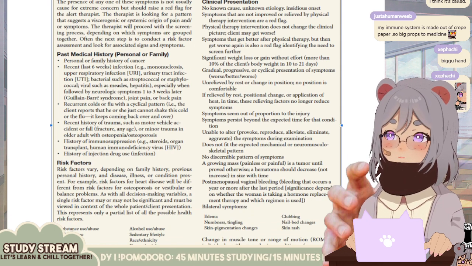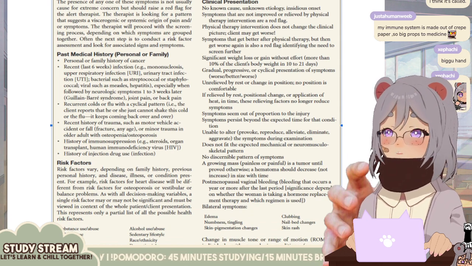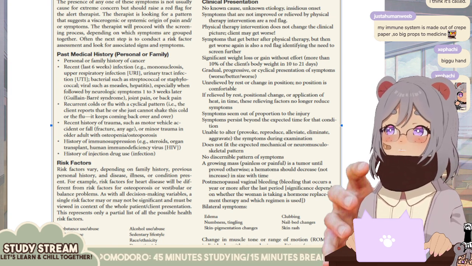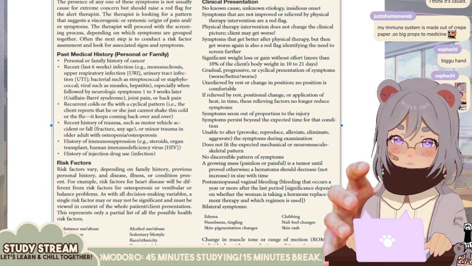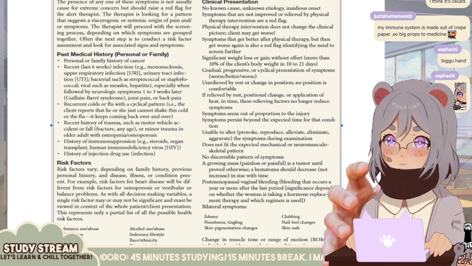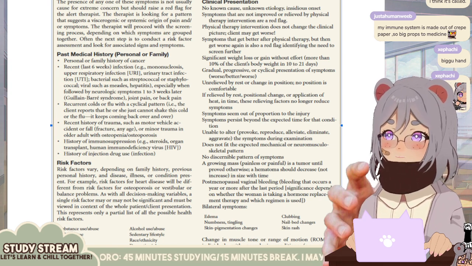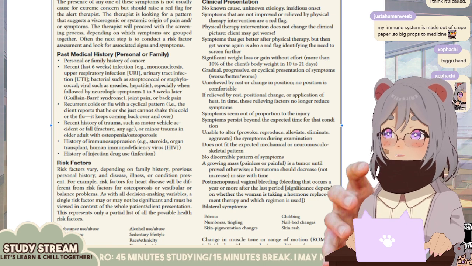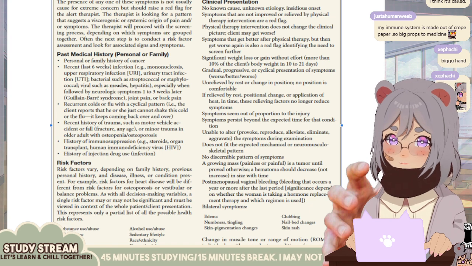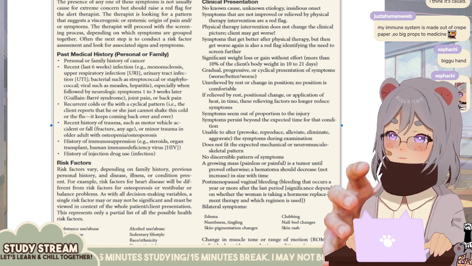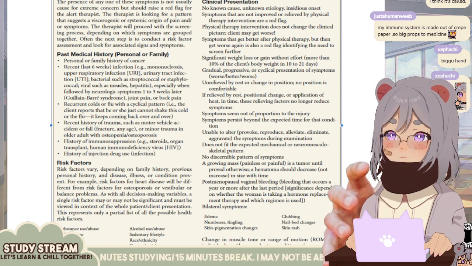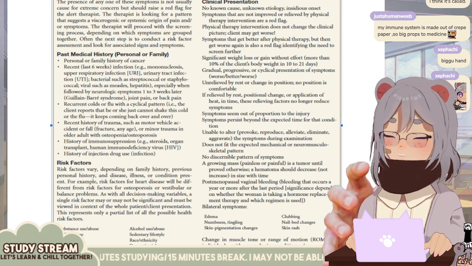Okay, so walking red flags. People come in and this is what they may present with, and these are humongous red flags, so please keep this in mind. You have no idea what's wrong with you. There's no known cause, there's no known etiology, it just kind of randomly happened one day. Or maybe it has an insidious onset, randomly just occurred one day, we don't know what it is. Your symptoms are not improved or relieved by physical therapy interventions. So if you're here for your shoulder and we're doing everything we can, and you're like, no, it still hurts,